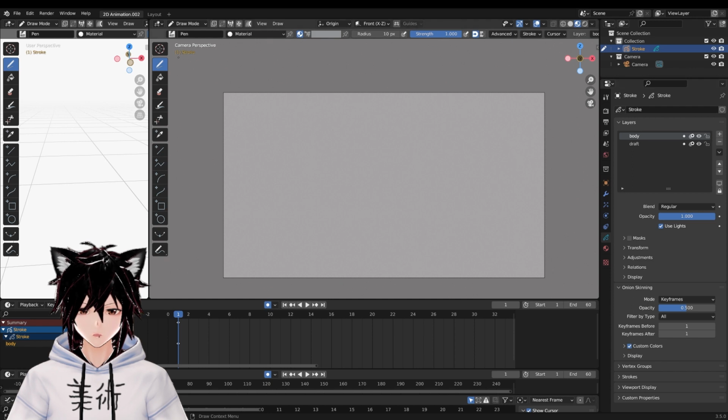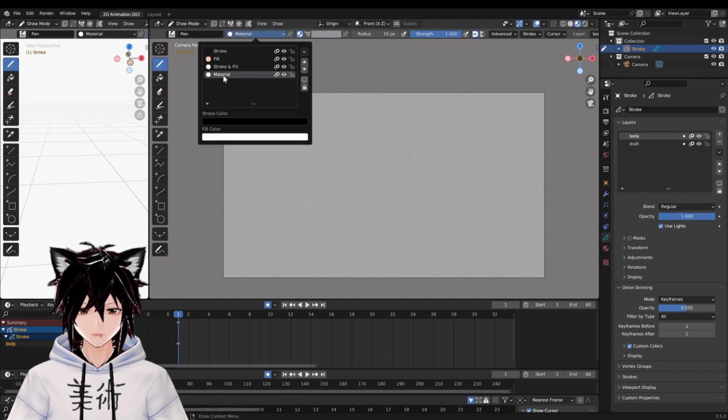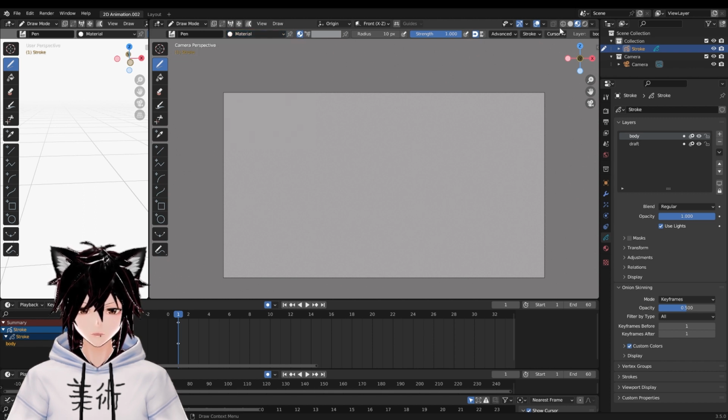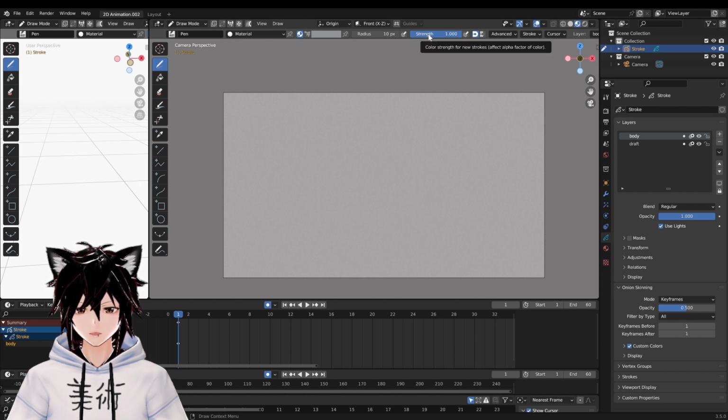Anyway, rename the bottom layer to body, and in draw mode, select the brush icon on the left and this new material as your brush. Make sure your view on the top right is on the third one here and that your color box at the top is on the material box, and draw out a circle for the ghost's body. The thickness of your line is going to be determined by the radius bar at the top here if you need to change it. There's also pen pressure strength next to it, and as usual, Control Z is your undo